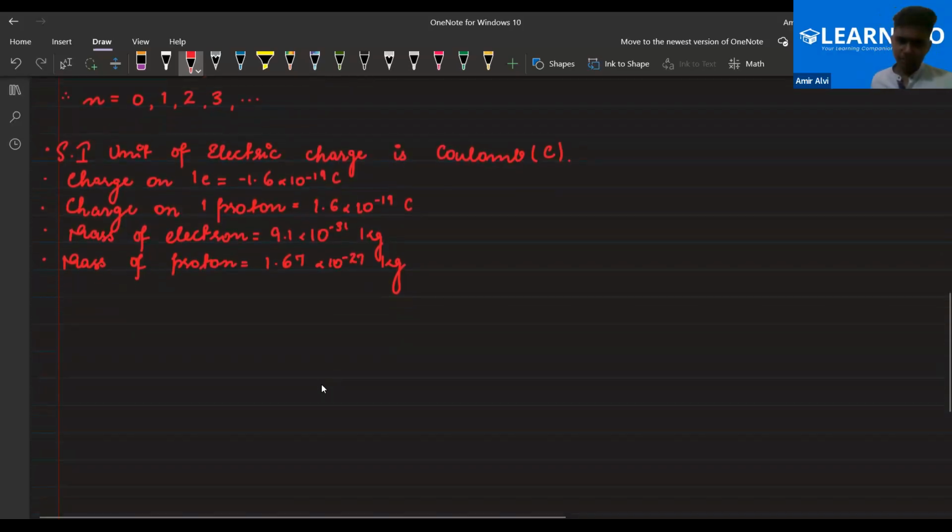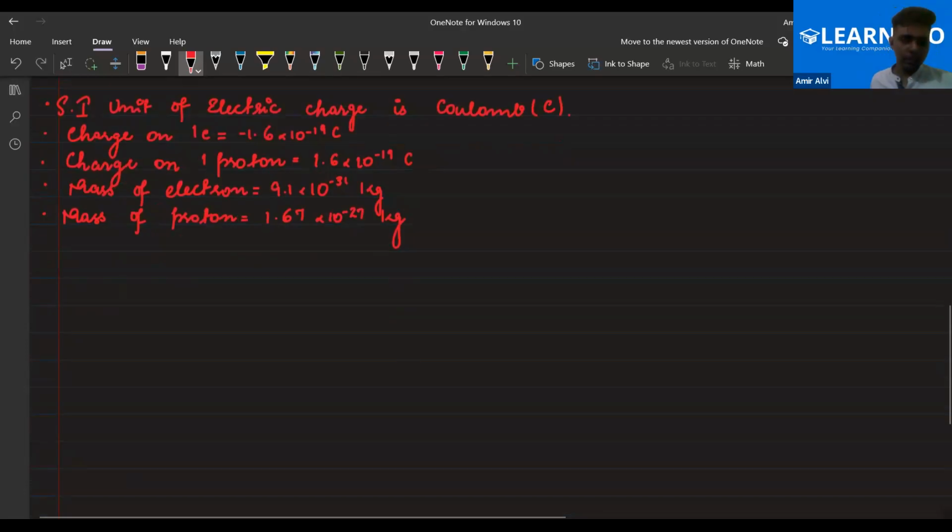Now let's implement one thing, how to implement this formula, and this is a one marker question in your exam. It is a very commonly asked question in the exam. And these are the things that should be on your fingertips. Okay.